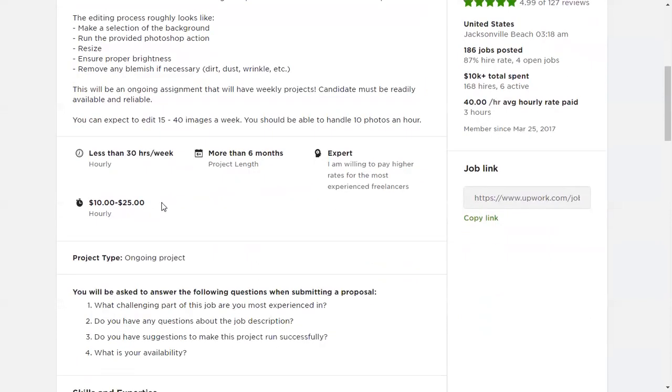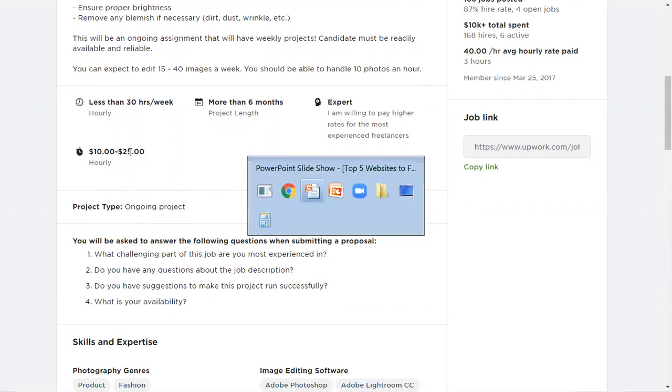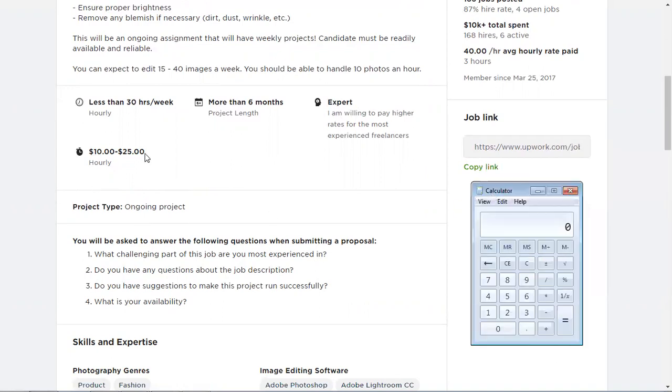Now let's move on to the interesting part. Let's suppose, for instance, you got this project at a cost of about 10 to 25. Let me show you; let me open a calculator to give you an exact idea. Let's suppose we have 25 plus 10, 35, the average rate, divided by 2, which comes to the hourly rate.